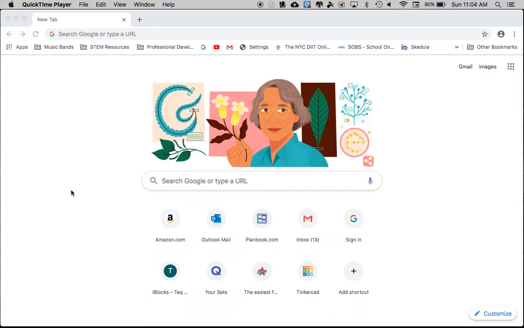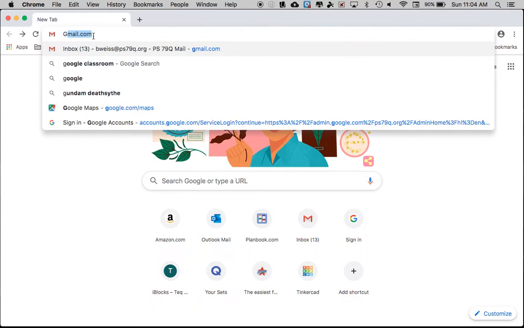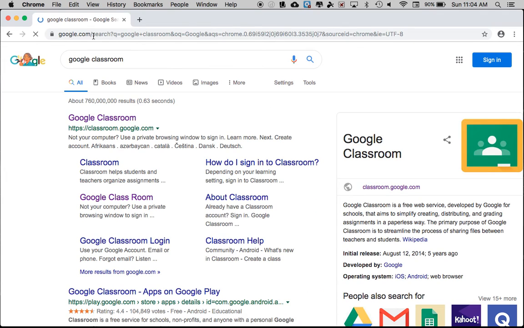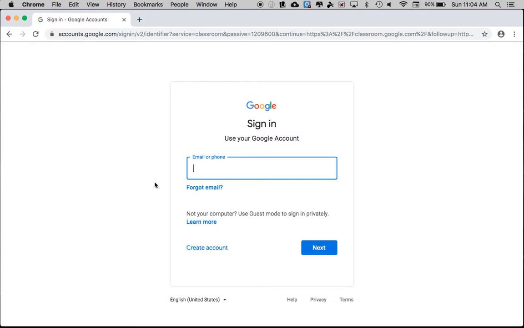So to log in, you're going to need to type in Google Classroom. And you can also then set a shortcut or save it to your bookmarks. Once you are here at Google Classroom, it looks like a regular Google sign-in, and you have to put in your username. So the username is going to be your child's username, and it's at